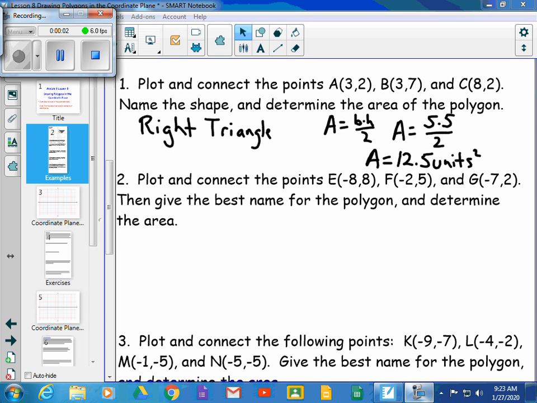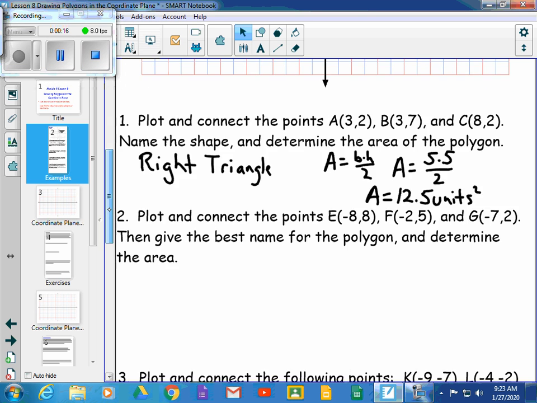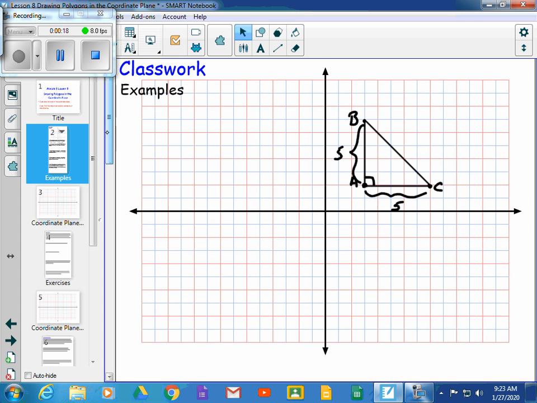Now we're going to go into example 2. It tells us to plot and connect the points -8, 8, -2, 5, and -7, 2. Then give the best name for the polygon and determine the area. So I'm going to go back up to the coordinate plane, and I'm going to plot those 3 points in